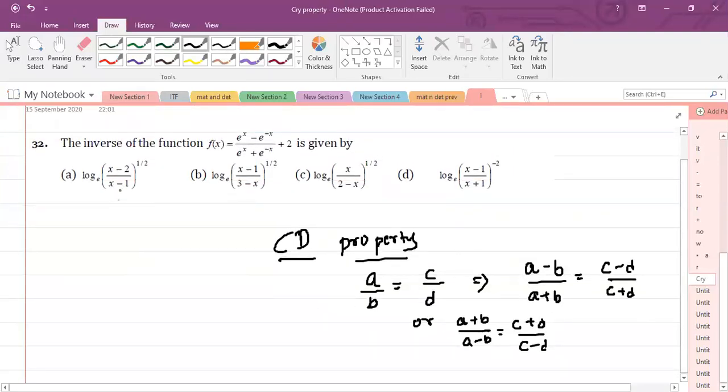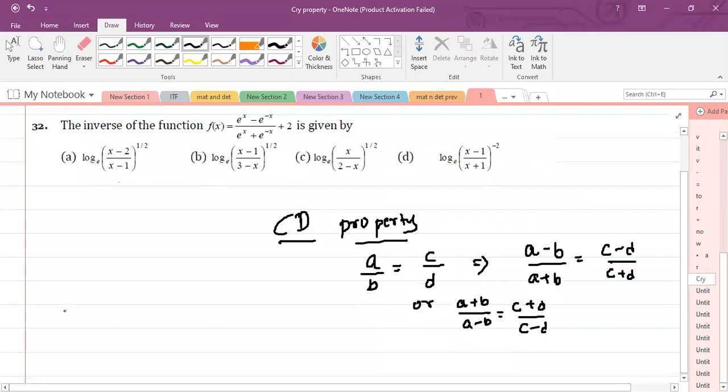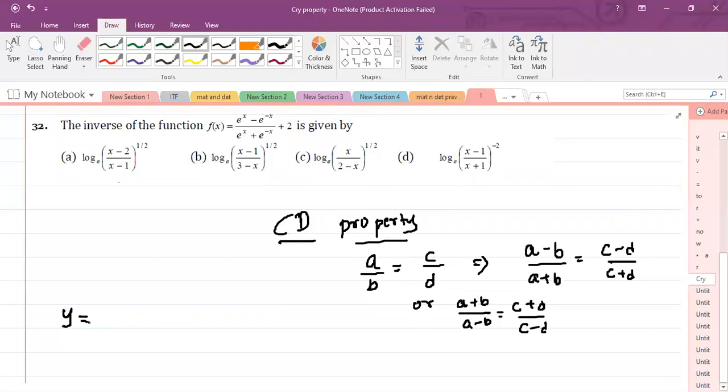Here your intention is to find the inverse of the given function. Let us consider one original method, then let me explain the shortcut also. So the first one is y is equal to, find the inverse. Here in CET you should not prove one-one and onto. In state board, yes, you need to prove the function is one-one, then onto, then write the inverse. But in competitive exams, if they have asked for the inverse, definitely it will be bijective.